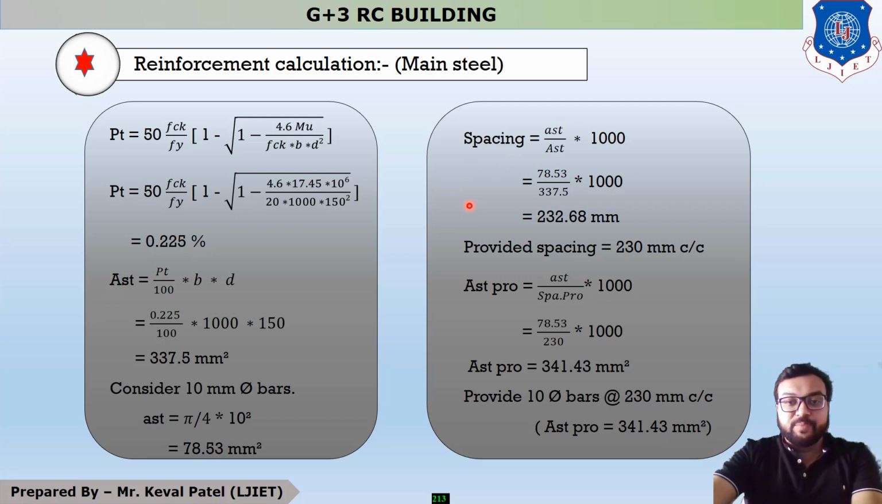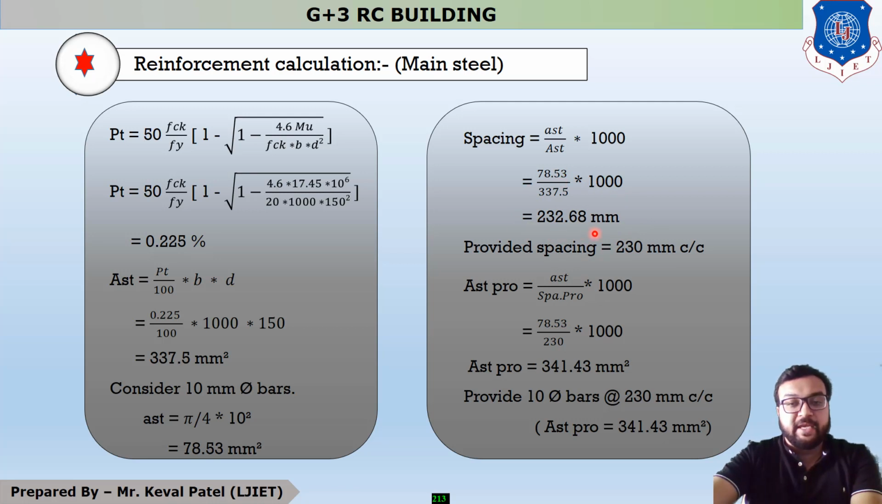So what is the equation of spacing? The equation of spacing is small AST divided by capital AST into 1000. Now, what is small AST? You all know that in the design of slab, you have to consider 10 mm diameter bars. So the area of 10 mm is pi by 4 into 10 square, which is 78.53. After putting all these values, your value of spacing is 232.68